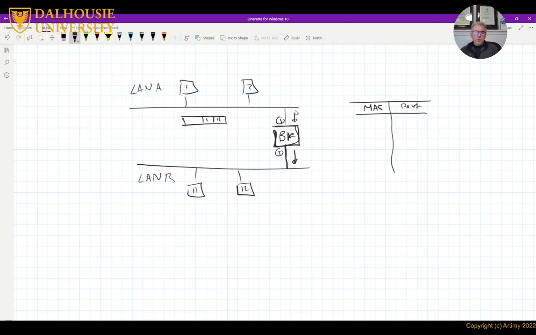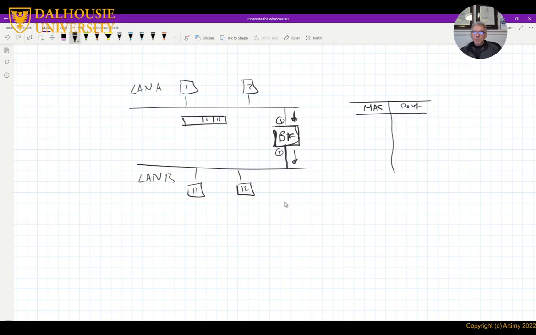So the simple mechanism of the bridge: if you receive a packet from one port, you don't send it back to the same port. You send it to other ports, but not where it came from. So that applies if the bridge has multiple ports and the packet came from port 1, it will send it to all other ports except 1. So it will send it to 2 and 3 and 4 and all of that, but not the source. But right now we just focus on the example of just 2 ports to make it simple.